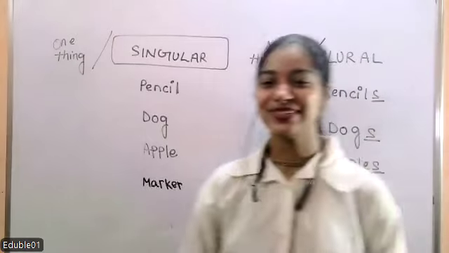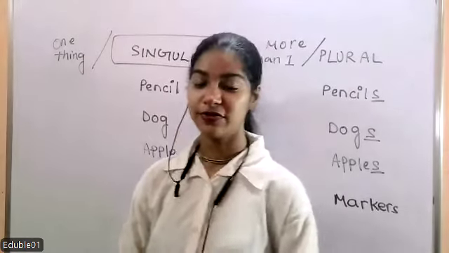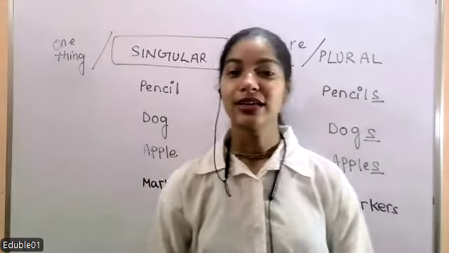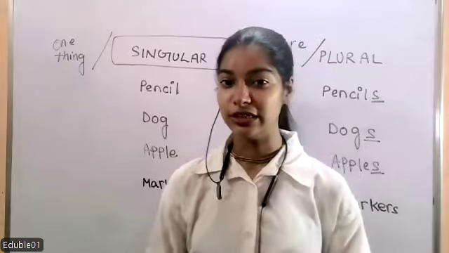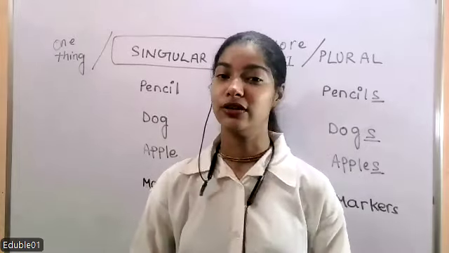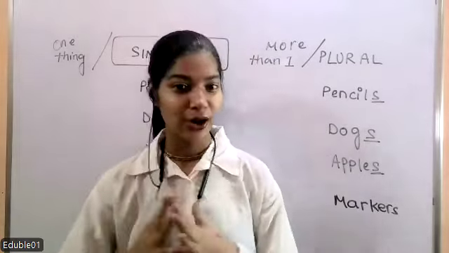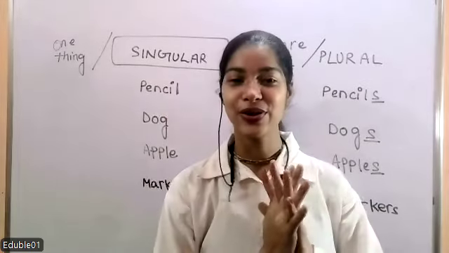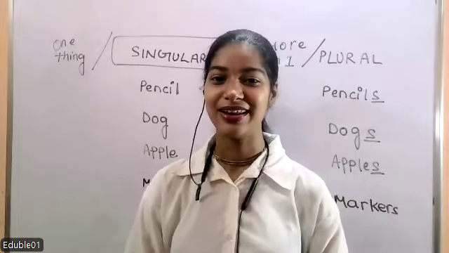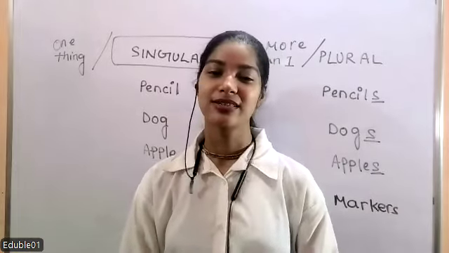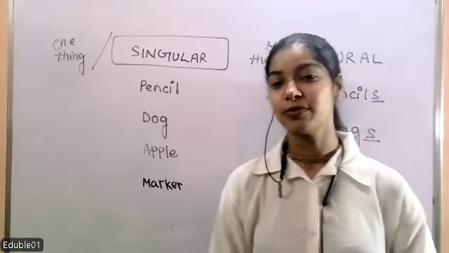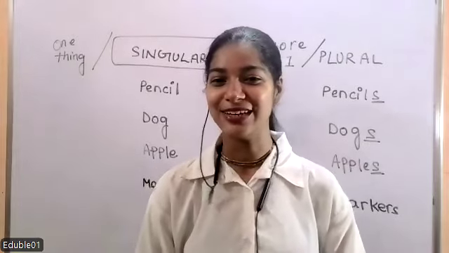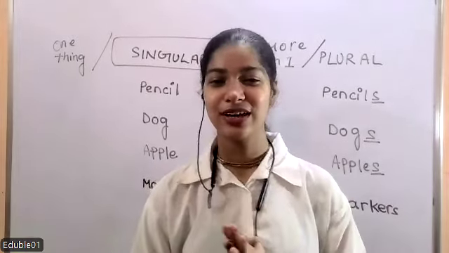Okay, so that is it for today. We have learned a lot of types of nouns. We have learned first common and proper nouns. We have learned collective nouns. We have learned gender nouns, under which we have learned feminine and masculine. Now we have learned singular and plural nouns. So I hope you have learned all the types of nouns and they are in your mind nicely. So take practice sessions, practice from the worksheets, and you're going to master the types of nouns and the noun topics. So that's all for today.